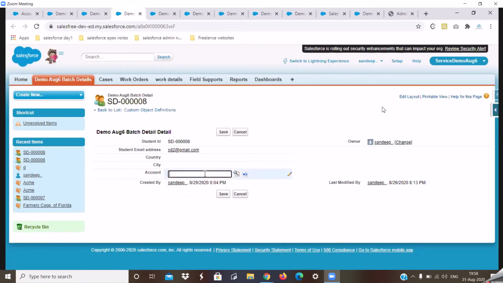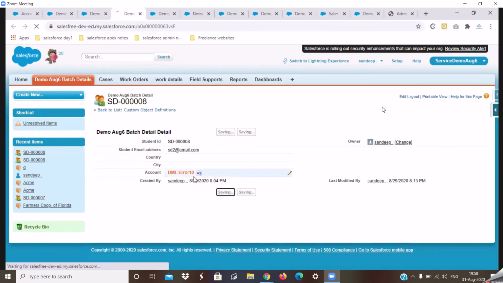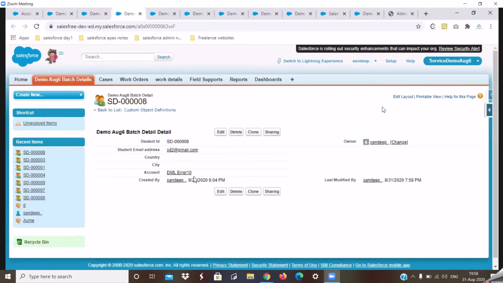All right. So what I'll be doing is finding a parent for my child records. The issue is basically around making sure that all the records that I have in the system have this account field populated, so that once it converts to a master detail relationship, there would not be any detail records without a parent. Once a master detail relationship has been created, there would not be any children without a parent.